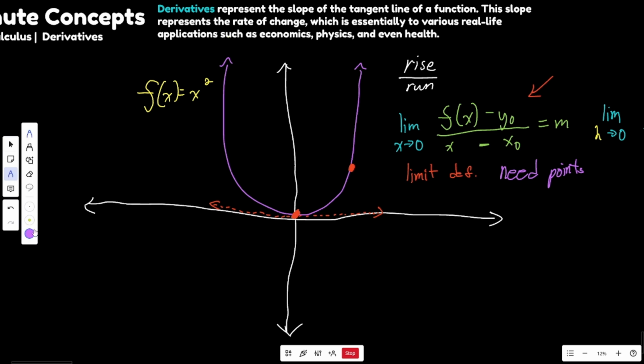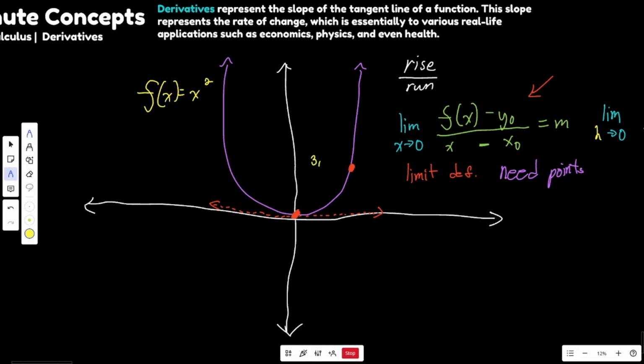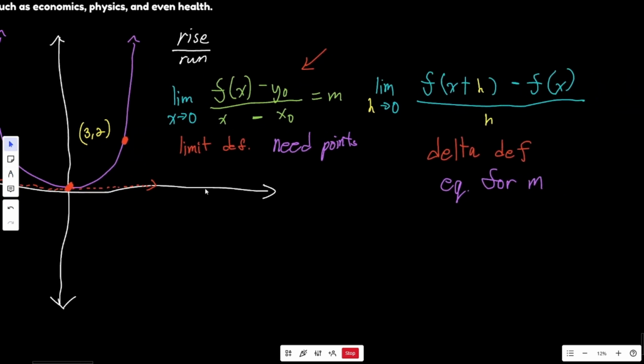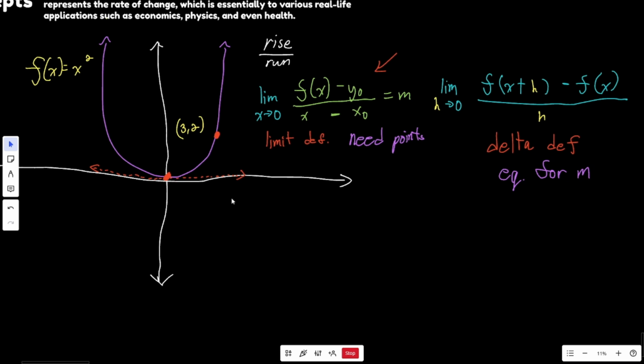Hold on. Let's use this point right here. Let's say this was, I don't recall what it was, I think it was (3, 2). This point here. And let's use the delta definition. So we want to figure out the slope and the equation of the tangent line. We figured out a while ago that the slope of this function rather,